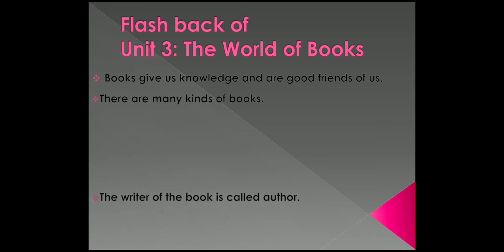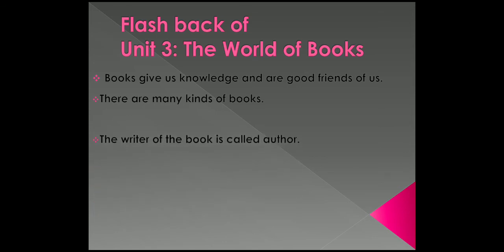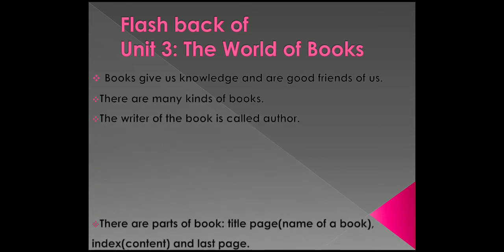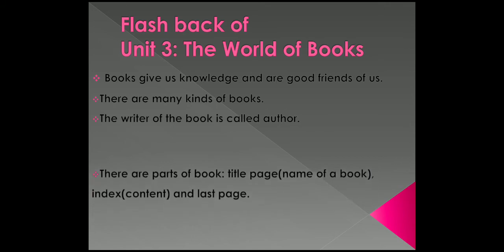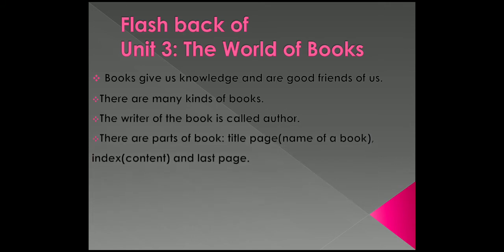The writer of the book is called an author. There are parts of books. Title page means the name of a book. Cover page. Index. Content. Index means the contents, what is inside the book. And the last page. And the things which we have done in this unit are word meanings, question answers, syllables